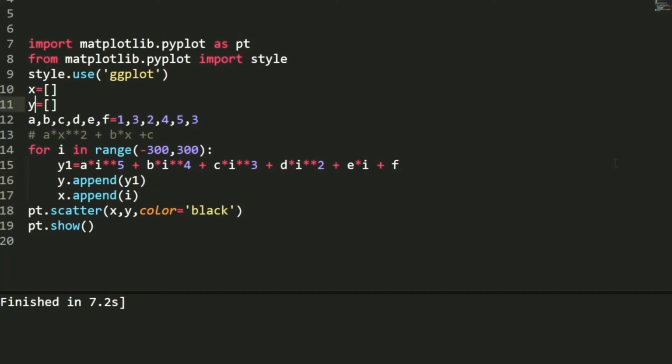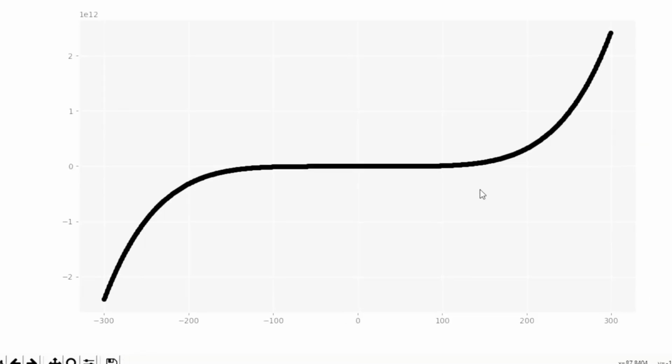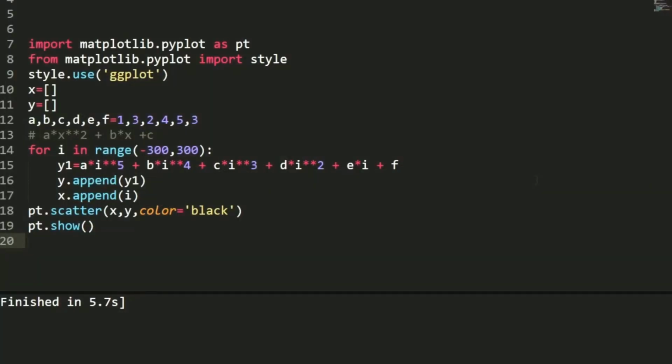You can change the coefficients according to your equation, but just for you, I was showing an example. Okay, so this is how the equation that has degree 5 is drawn. So this is how quadratic and polynomial curves work in Python. Let's talk about how you can use a logarithm curve or exponential curve.